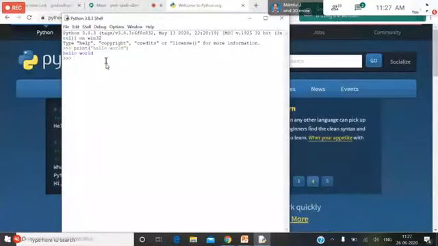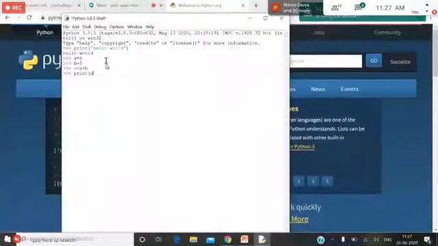For example, A is equal to, then B is equal to 5, C is equal to, so you can easily type the commands.